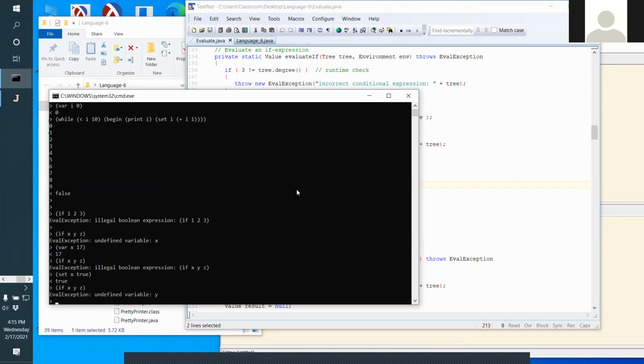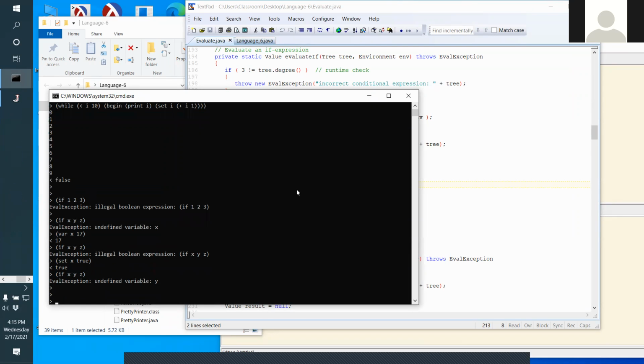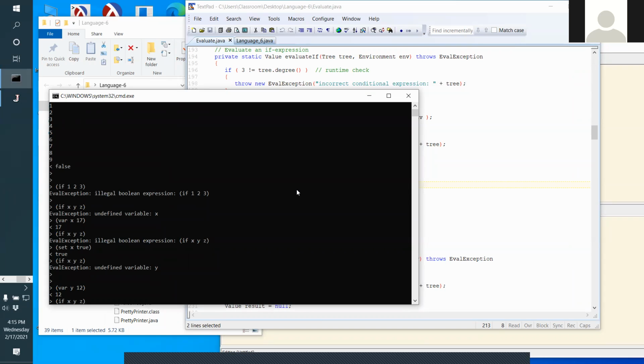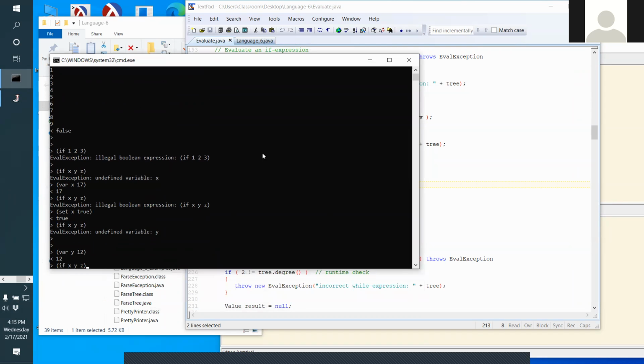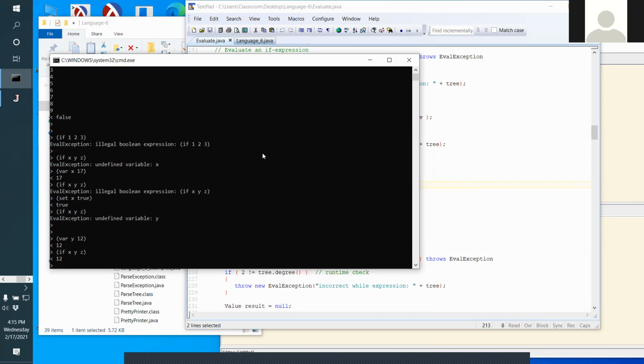Okay. So for example, now if I add y to the environment, var y 12, now I do this. Notice that x is defined true, y is defined 12, and z is undefined. So in a sense, there's something wrong with this, but evaluate's okay because it never got to the z. Okay. On the other hand, if I set x to be false,